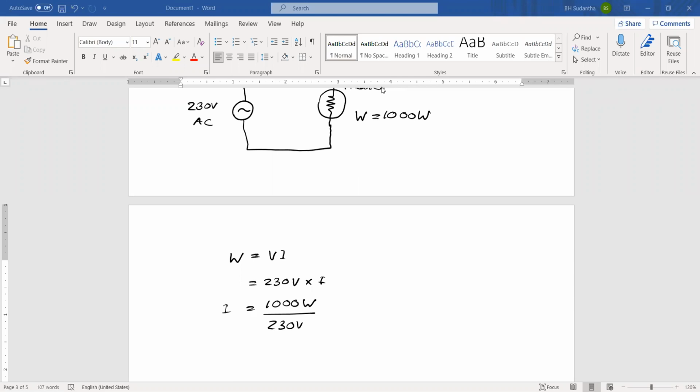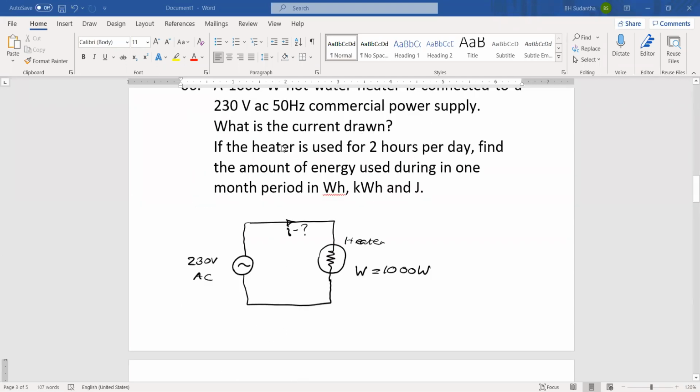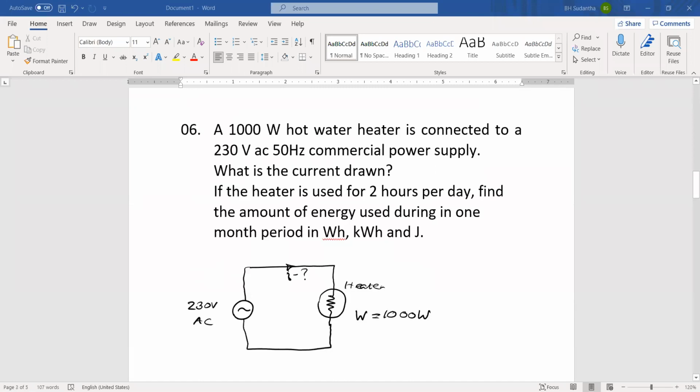One question is asked: why is the frequency given? It's a kind of practice, but for this question, the frequency value is not necessary. To work out this question, it is not needed. But to indicate that it's AC voltage, the AC power, normally we give the frequency of the AC voltage. It's a practice. But without giving it, you can still receive a question